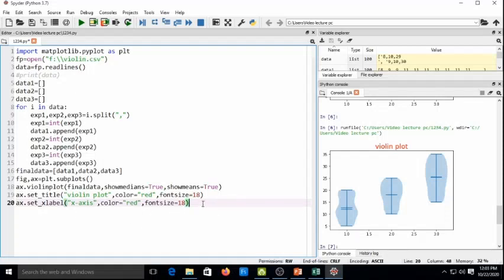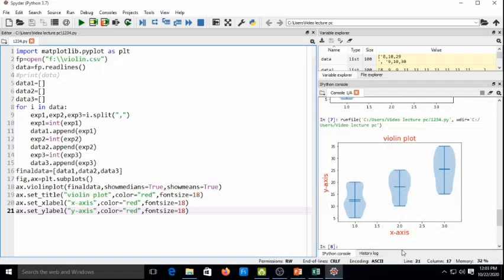Similarly, you can use for y label. For that, you have to use function ax.set_ylabel and the axis is a y axis. Now, if I run this code, you can see here x axis and y axis is shown in the violin plot.